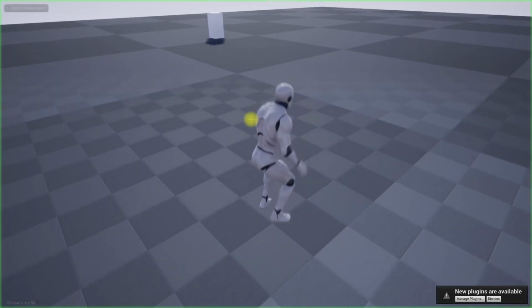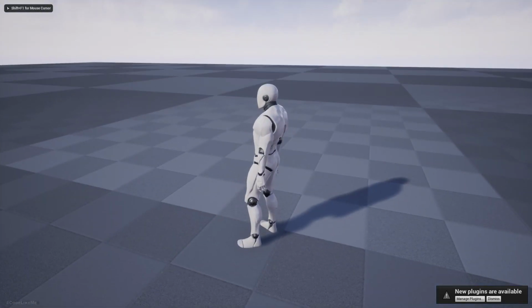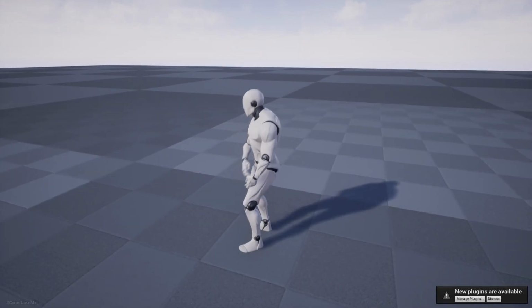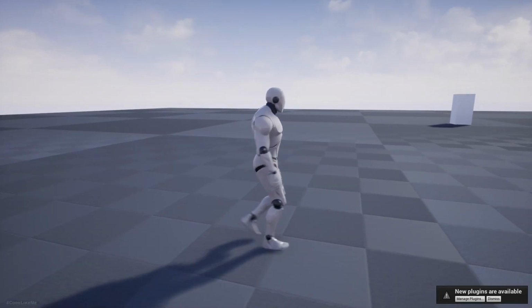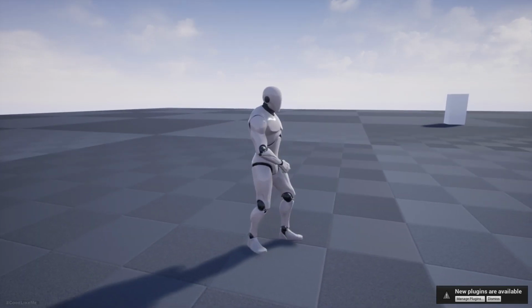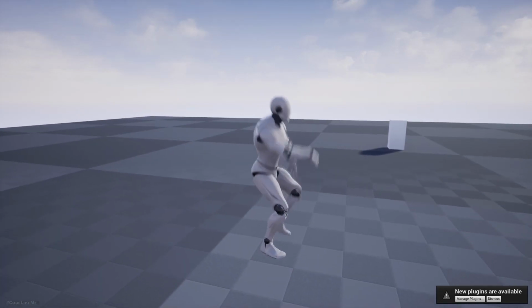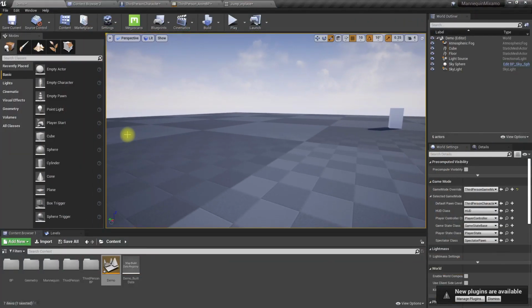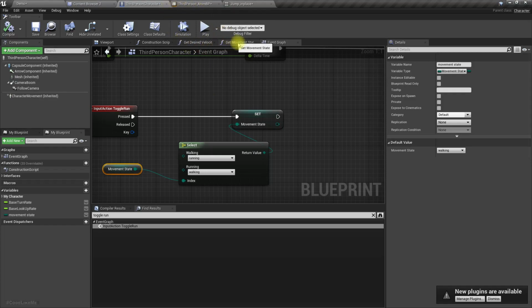Alright, let's see what happens. Oh no, that approach is not going to work. Alright, we can do it this way, here where we jump,